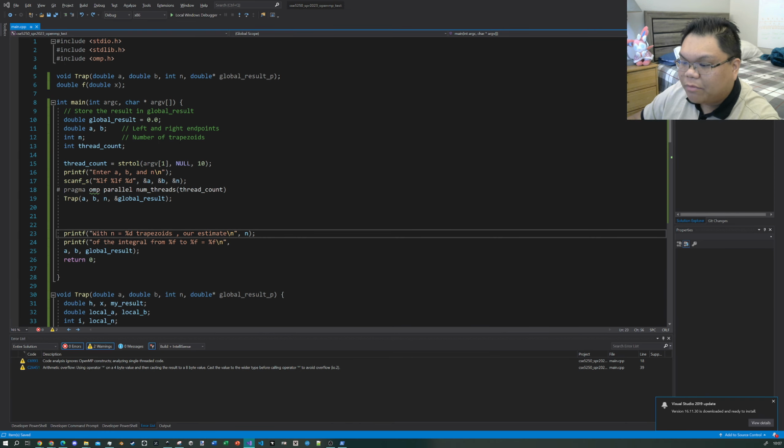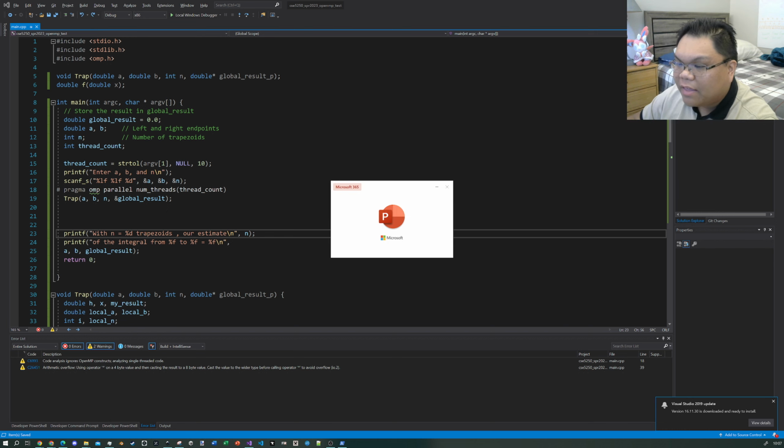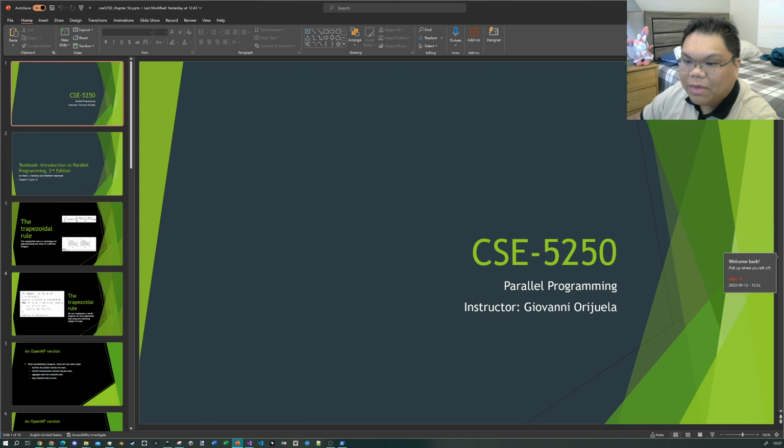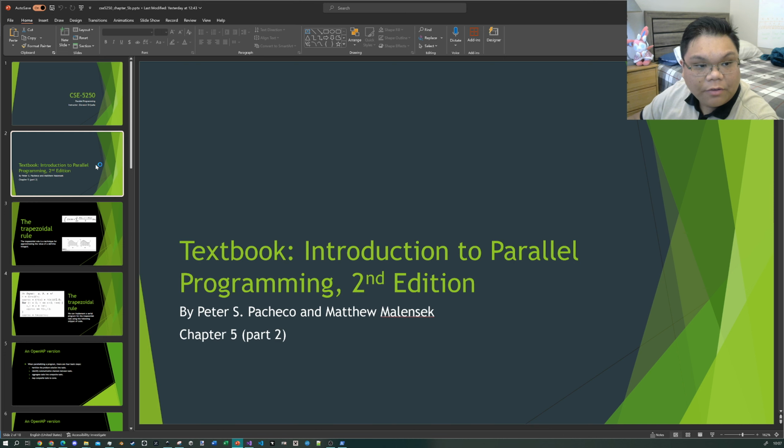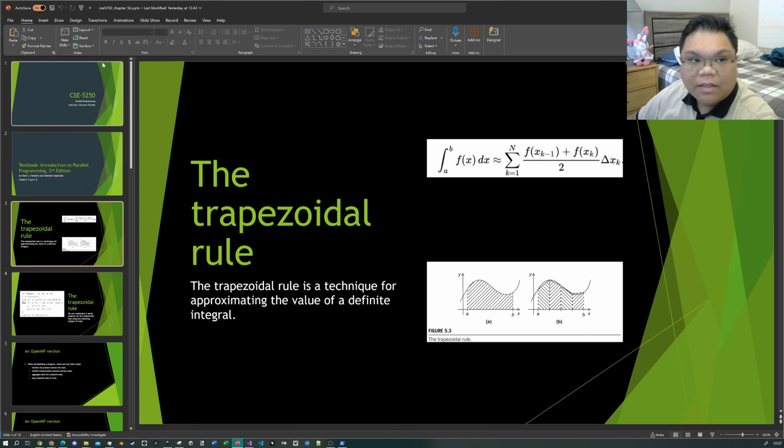Let's look at the next PowerPoint slide. This is going to be Chapter 5B. It's part 2 of Chapter 5. We're gonna look into making a program that implements the trapezoidal rule. If you remember from calculus, the trapezoidal rule is a way of estimating, approximating the area under a curve